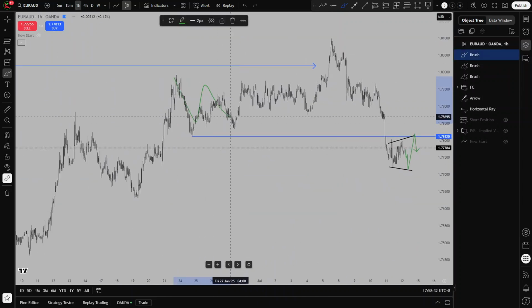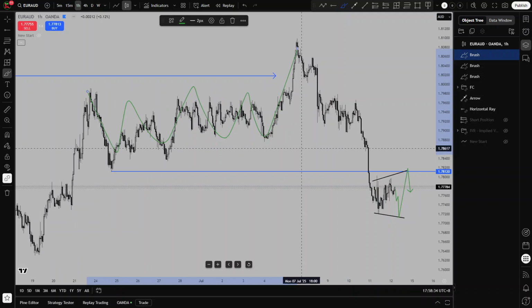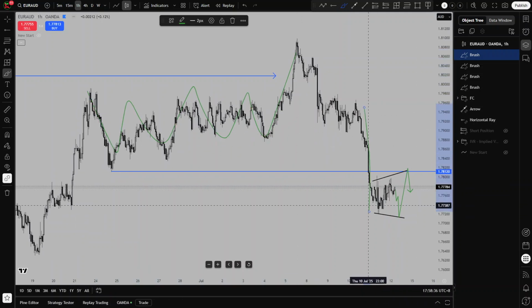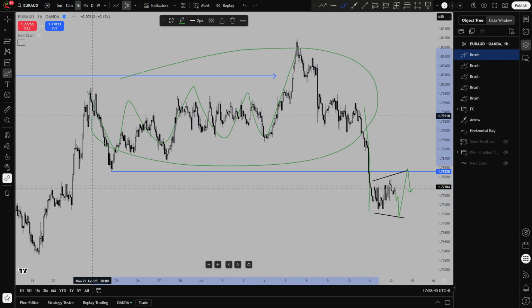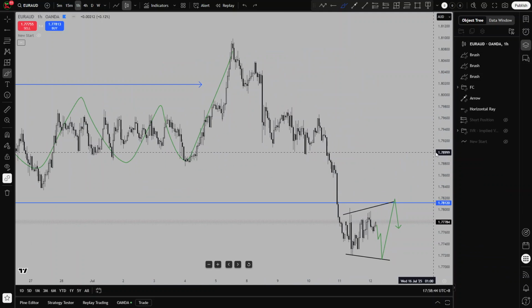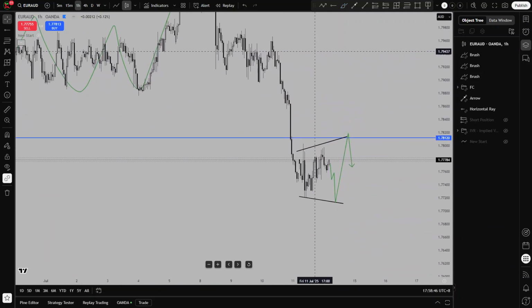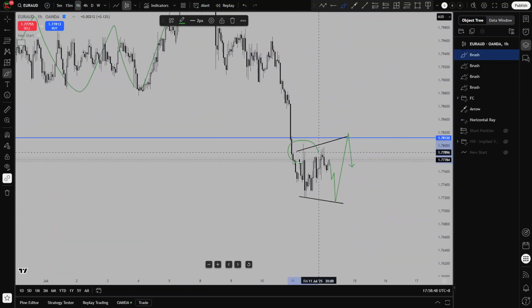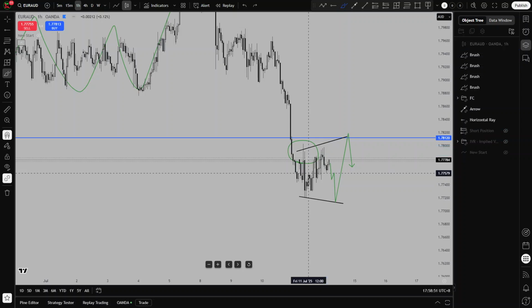We had this corrective price action here, and we broke through this fairly aggressively, and we are now trading below this whole corrective price action, and we are now looking for a bearish continuation. The price action here does not look too nice. It's a bit wicky here, but we also had news, and we are now waiting for price to form at